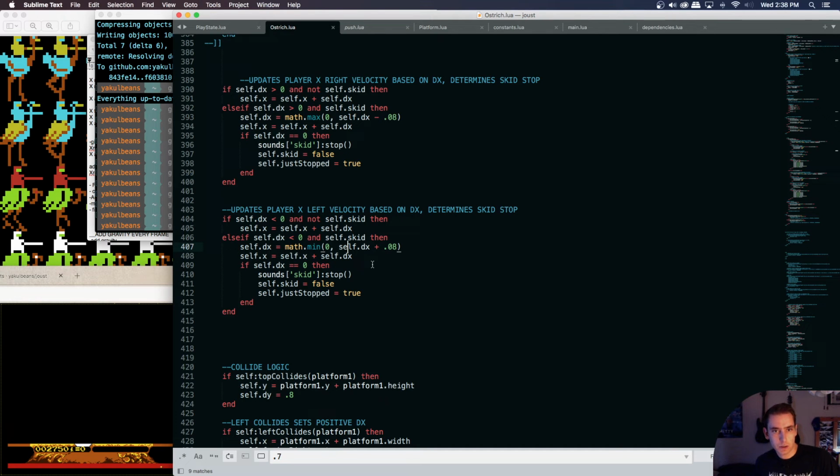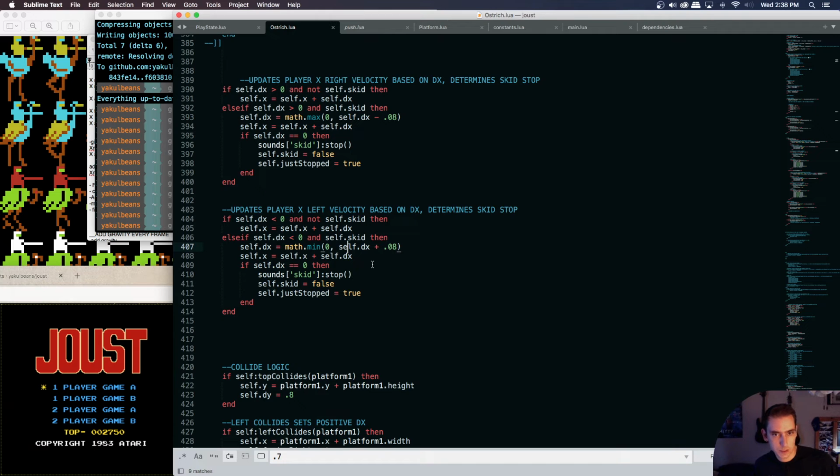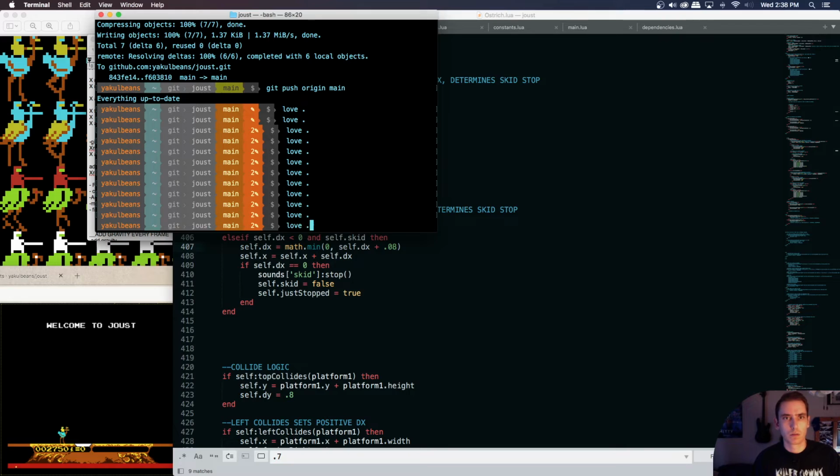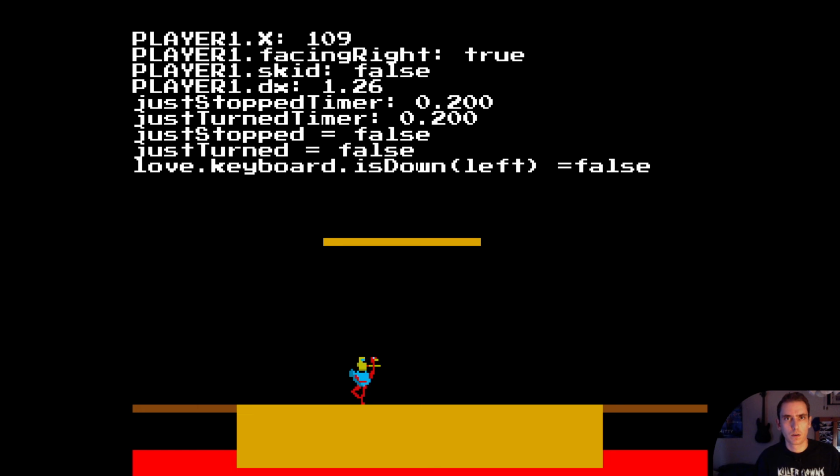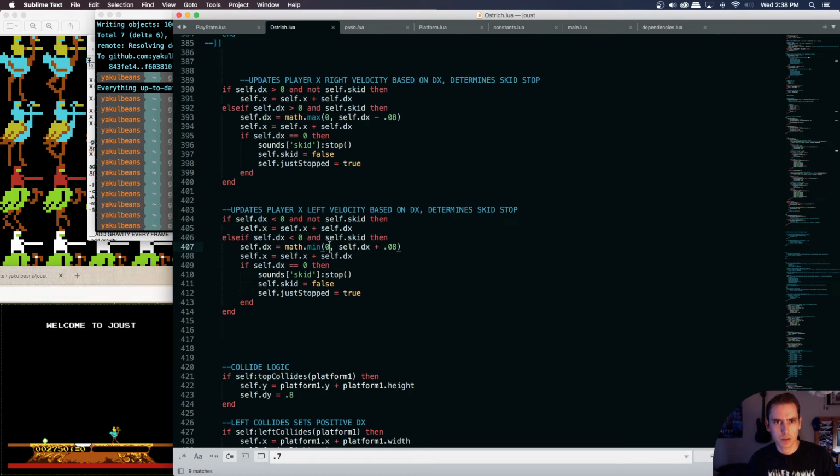Then if it is 0, stop skidding. Skid gets false. So for some reason, skid isn't getting set to false when our dx is 0. I'm just going to hold left. It's going less than 0, but it's not getting, maybe, no, because it should, this should make it so that my left, oh God,